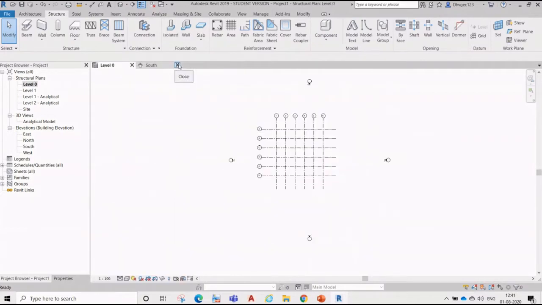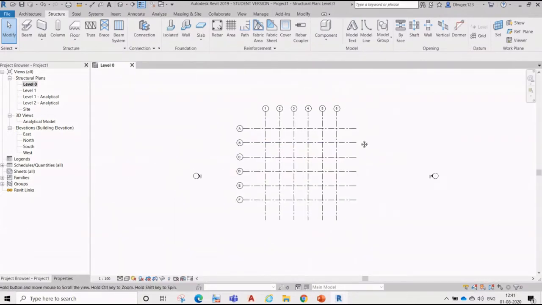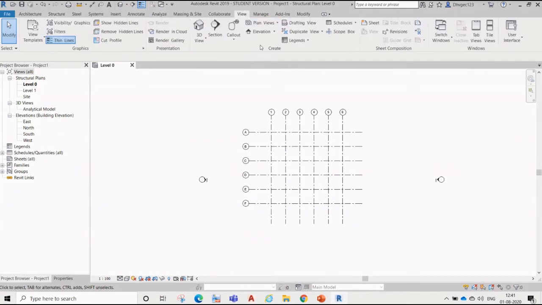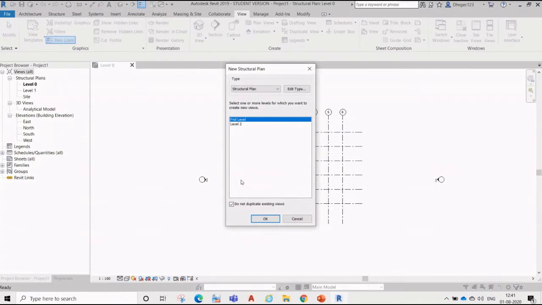Okay, so now we'll close it. Now you can see level 0 means ground floor, then first floor, but we don't have other floors over here. So what we'll do, we'll go to view, then plan, floor plan or structural plan. First we'll create a structural plan, and then foundation level and first floor.